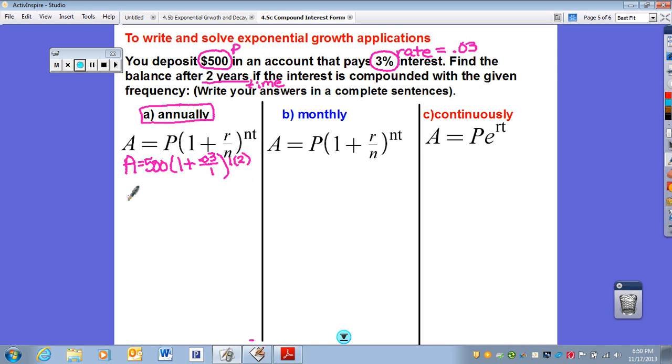And then the exponent is going to be 1 times the amount of years that we're putting in, which is 2. So calculating this, we have 500, and then we have 0.03 divided by 1 is 0.03, and when we add that to 1, we're going to get 1.03, and then 1 times 2 would be 2. So using your scientific calculator, here's how you calculate this. 500 times 1.03, use your exponent key, press your 2 to the second power, and then press equals. And you should come up with